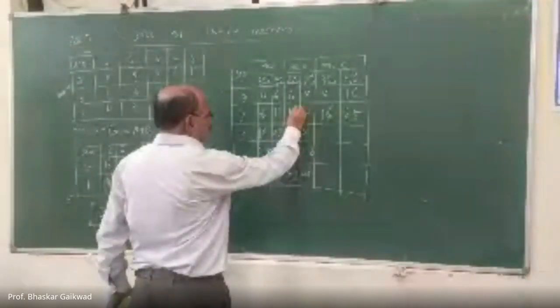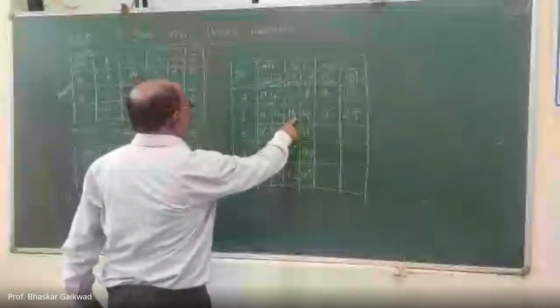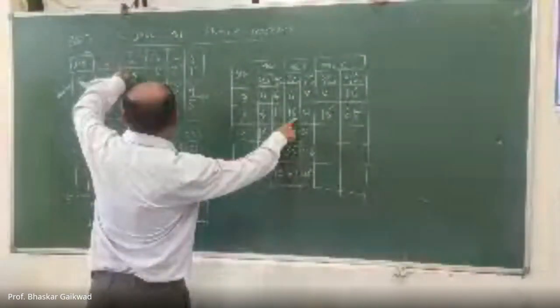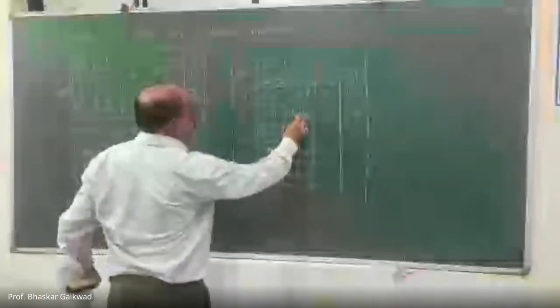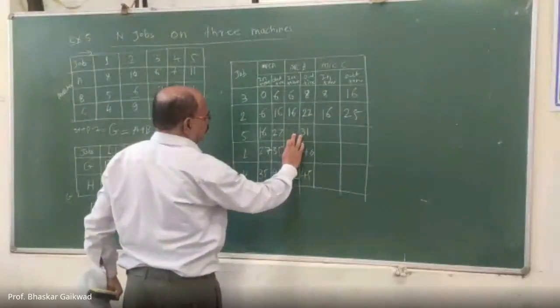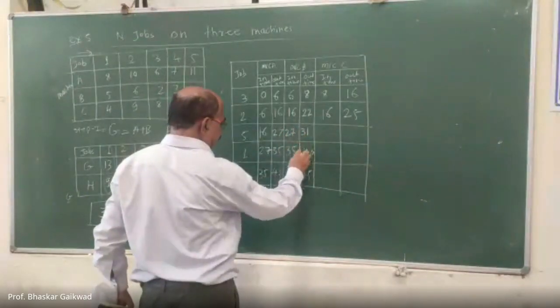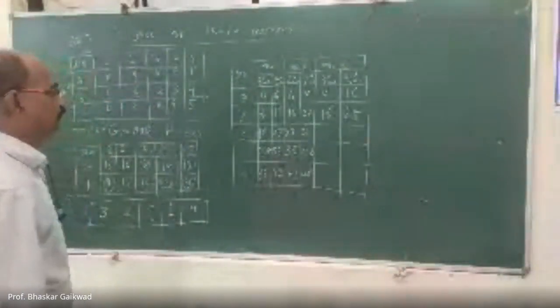Yes, sir. Okay. So what is the processing time for job number 2 on machine B? Job number 2 on machine B, 6. So how much here? Am I correct? 22? Yes, sir, it is correct now. Okay, 22. What about here? That is correct, sir, 27. 27 is correct. After this everything is correct. Okay, now you come to job number C.